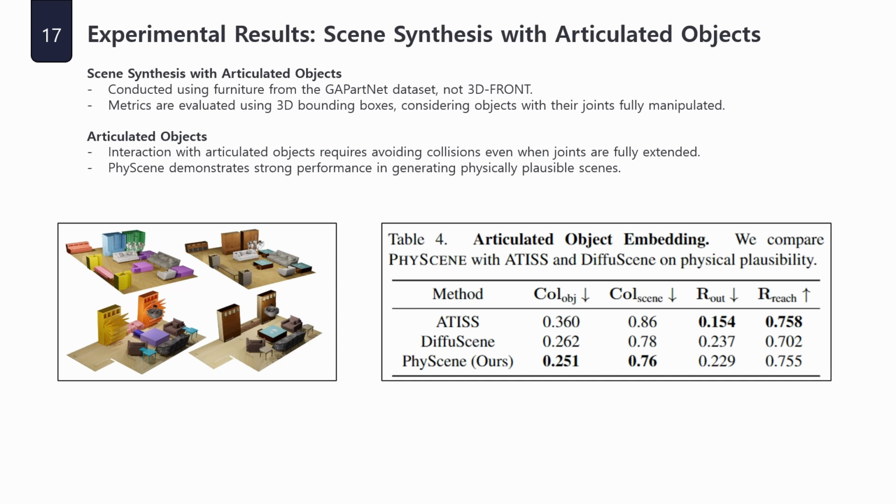The scene synthesis with articulated object experiment is conducted using furniture from the GAPartNet dataset rather than the 3D-FRONT dataset. Each metric is evaluated based on the 3D bounding boxes of objects, considering their maximum articulation. In interactions with articulated objects, it is crucial that no collisions occur with other objects when the joints are fully manipulated. The experimental results show that the output of PhysicsScene performs exceptionally well in this regard. However, as the model does not